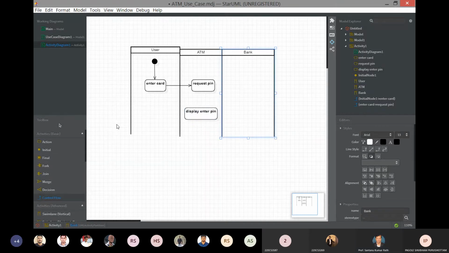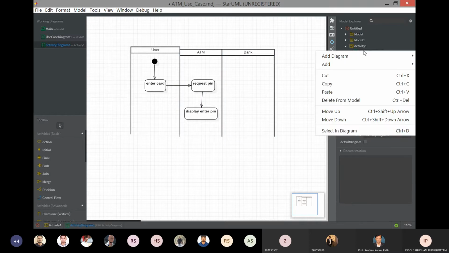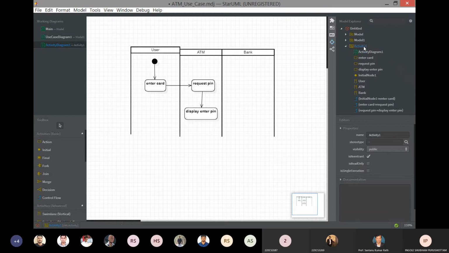Select another action from the basic activities. I am renaming it as balance inquiry.